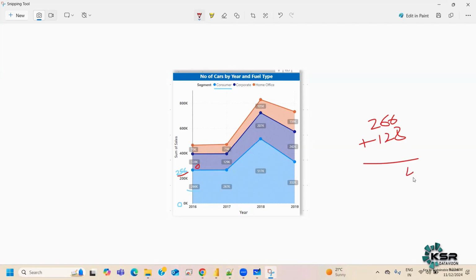So 266 plus 128, it is adding. Somewhere it would be 394K, it is where it is peaking. So from there, it is 128K addition. Now, home office is not starting from here. Home office is starting where 394 is the addition of consumer and corporate. From there, the home office is starting from zero, and it is adding 70K more. So 394 plus 70K more. So somewhere it would be